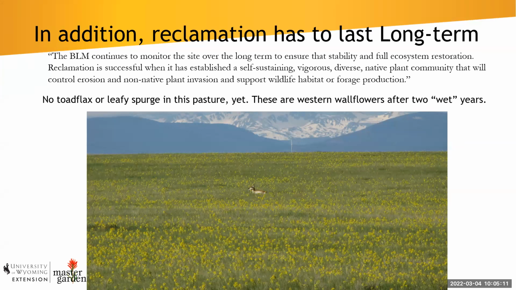So part of it here, I think, is reclamation is successful when it has established a self-sustaining, vigorous, diverse native plant community. And that's the thing here: you have to have pollinators for your flowering plants that require insect pollination in order to have self-sustaining